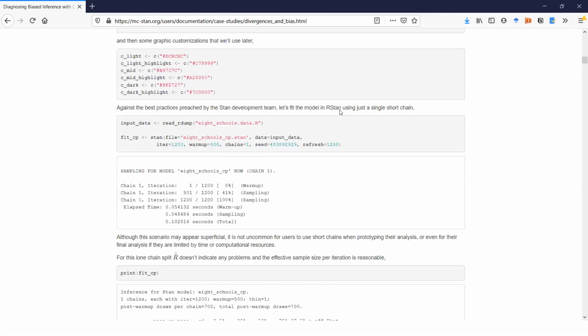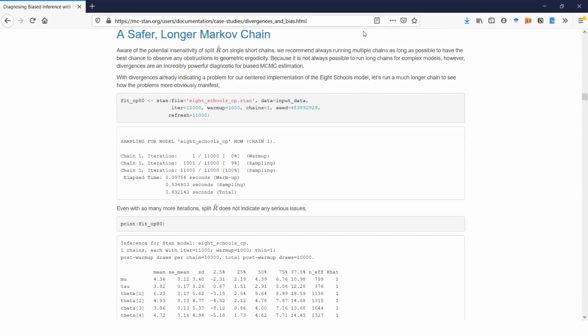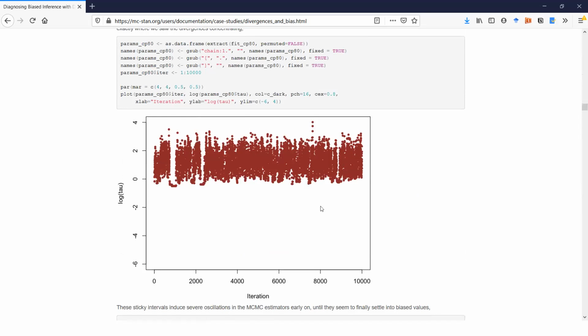Then we try to sample from its centered version, and we start getting weird results. All of these plots are different diagnostics that we can run to see if inference is going well. The gist here is that we see that something is going wrong, because the Markov chain of our inference gets stuck somewhere, like here and here.